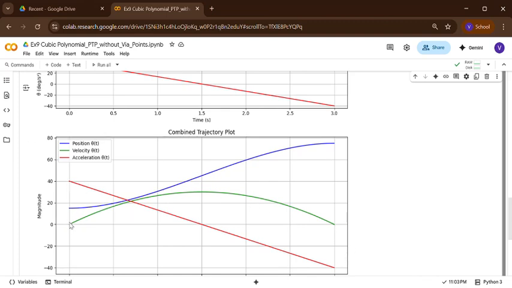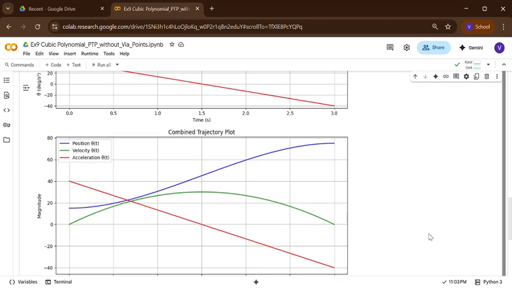acceleration is, so here you have a sudden jerk from 0 to 40, and it is maintaining somewhere, and minus 40. So at the start of the profile and at the end of the profile, there is a sudden jerk from here to here and here to here. This is the problem with cubic polynomial, because at the start and the end your acceleration has a sudden jump. So this is not physically realizable by the actuator. So that is why we have to move to the other method.